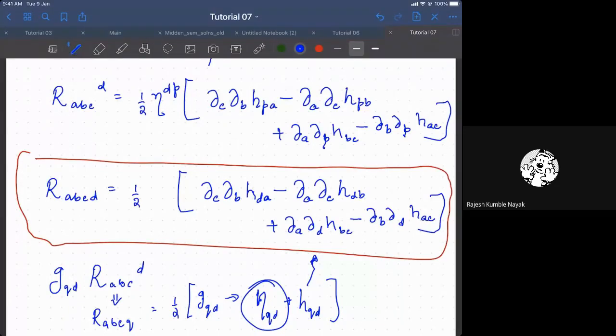Unless you ask it, I somehow don't see it, because doing it so many times, it is somehow hardwired. That is why you have to keep asking why it is happening. So under linearized theory, there is a basic principle that the raising and lowering can either be done with the full metric, or with the Minkowski metric. It is not going to change the situation much.